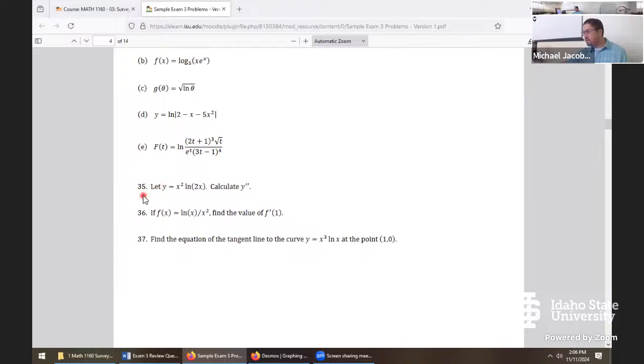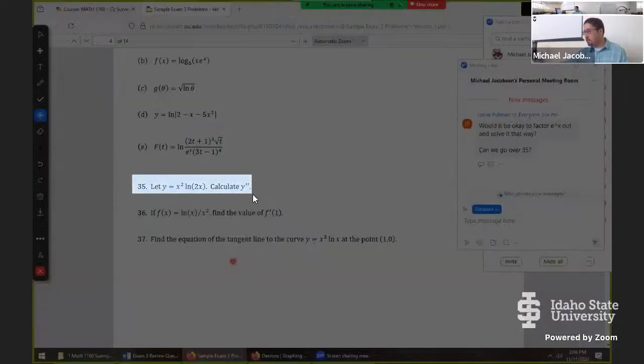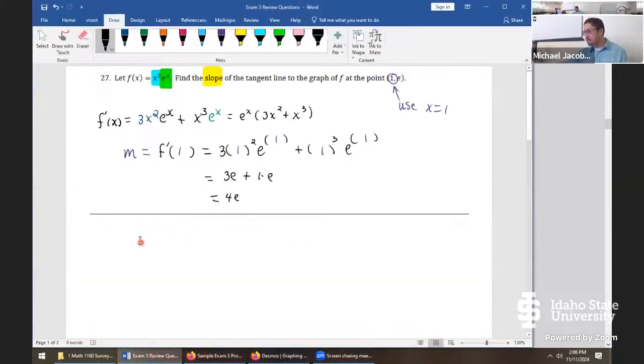There we go. So y is equal to x² natural log 2x, and we want the second derivative of that. There are multiple different approaches with this one. We can just take the function as it stands and differentiate it twice. But sometimes with properties of logarithms, anything a little bit extra you do to simplify this could be well worth